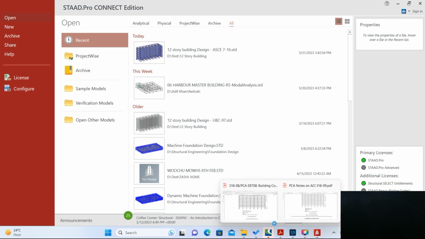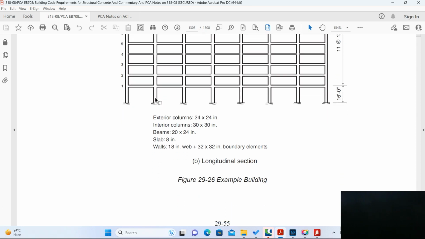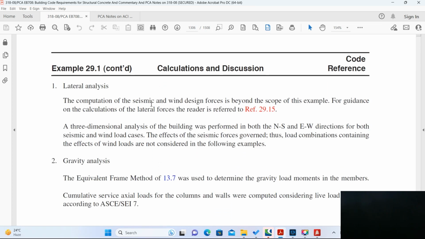Actually, as per PCA notes 31808, although they have increased the sizes of the column, but maybe it falls in seismic design category D, but lateral analysis, the details of the lateral analysis or computation of wind and seismic forces is beyond the scope of this example. So nothing is given. They are referring another